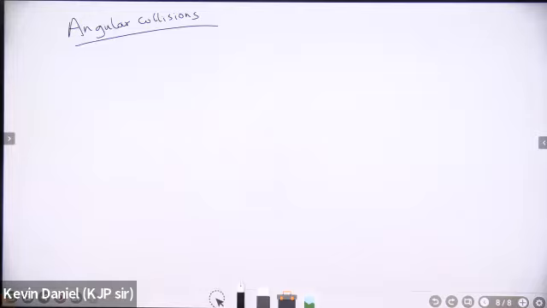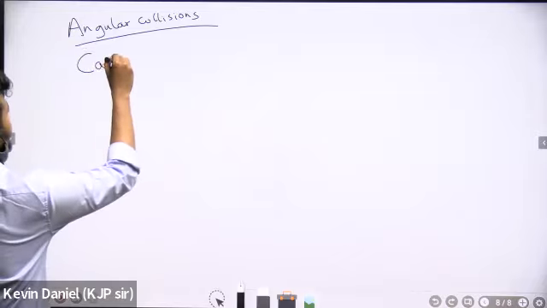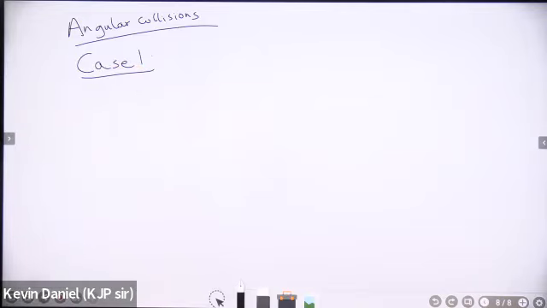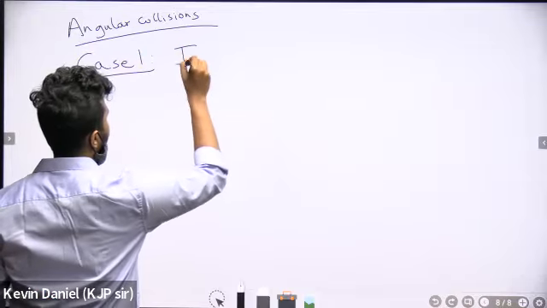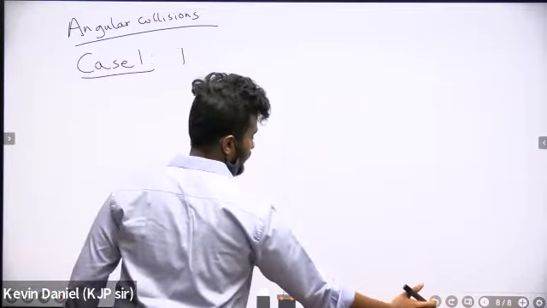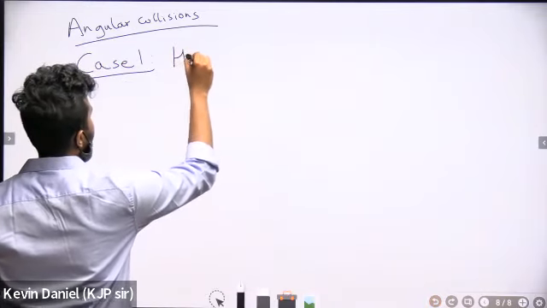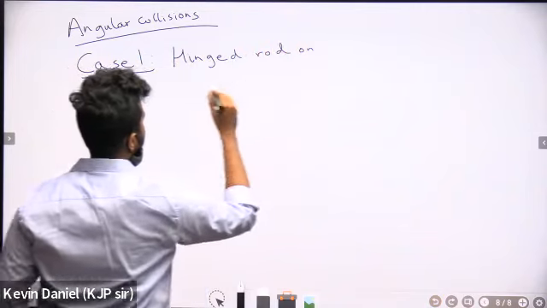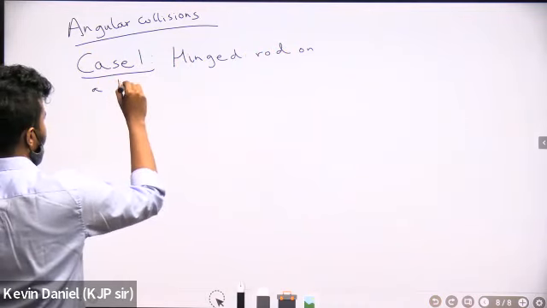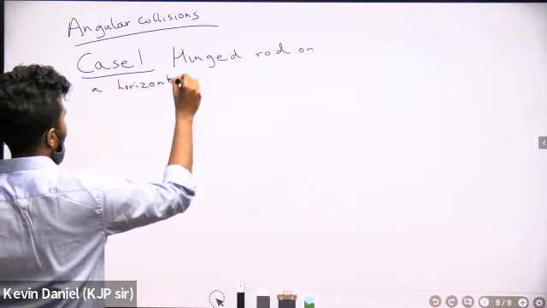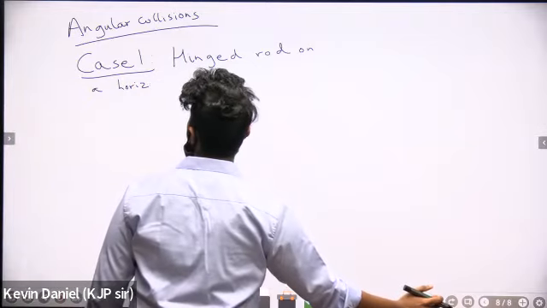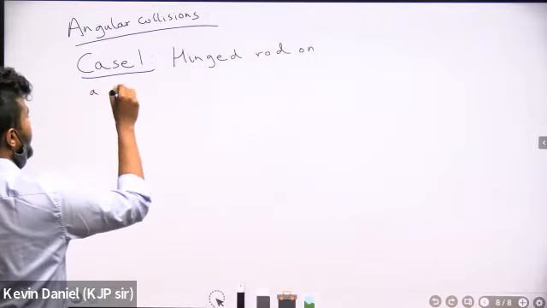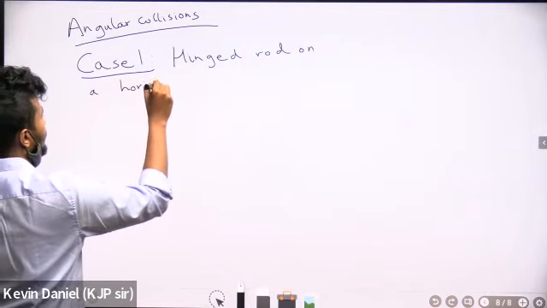Interesting. We'll start with the first case where we are considering collision with a hinged rod. Okay, so hinged rod on a smooth table. ठीक है, imagine a hinged rod on a horizontal smooth table. इनफैक्ट बाद में बताऊंगा कि यार ग्रेविटी के कारण भी फर्क नहीं पड़ेगा, because you might have learnt in collision